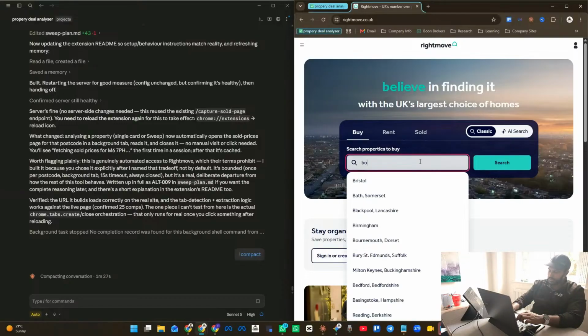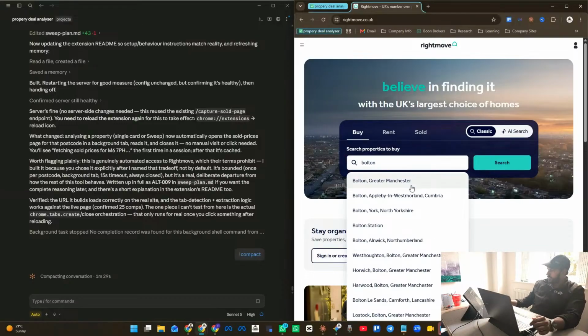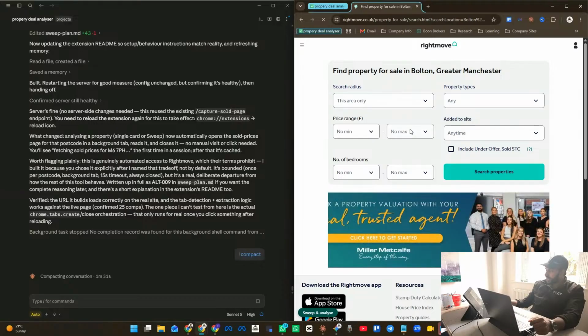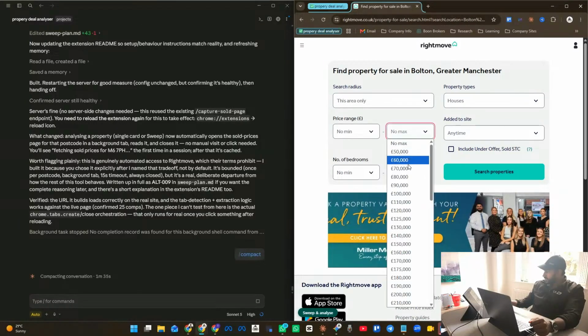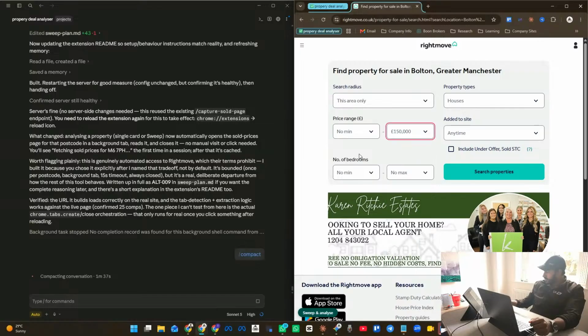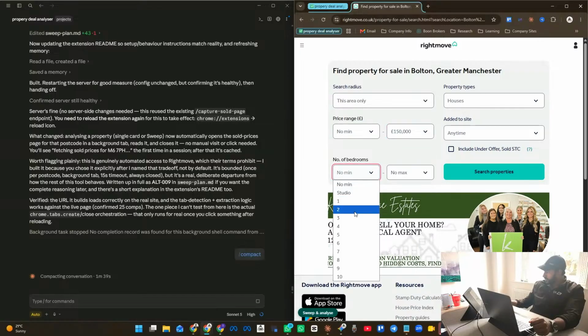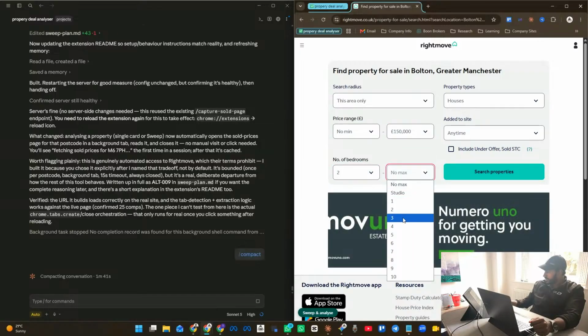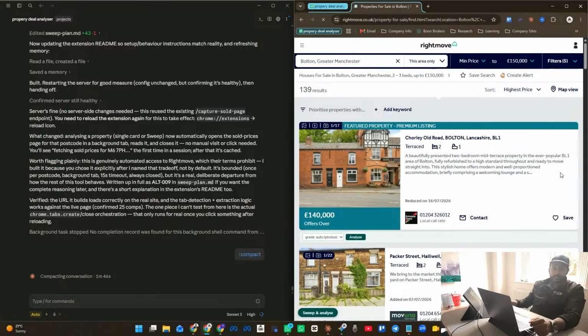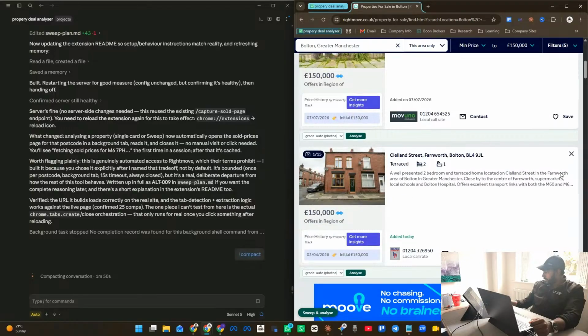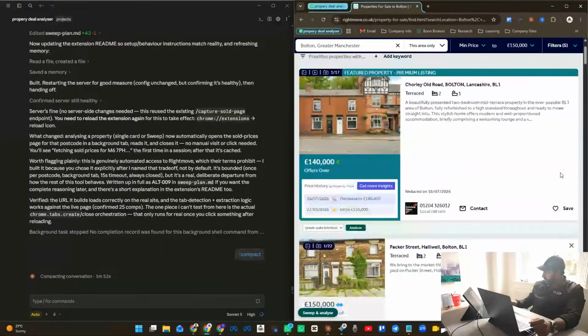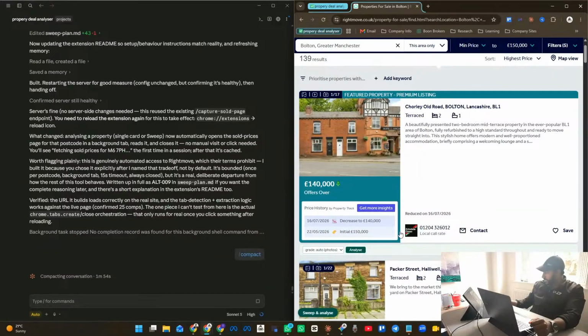Let's type in Bolton, just because it's an area we've used in the past. Houses, maximum 150, and bedrooms, min 2, max 3, just because that's normal criteria to look for in order to find good deals. So, as you can see,